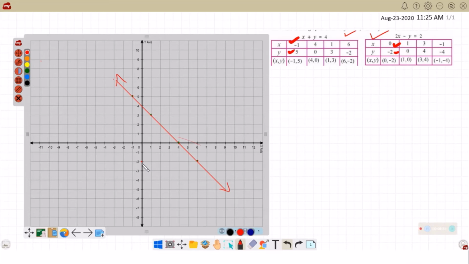1 on x and 0 on y. 1 on x here and 0 on y, so it will sit right there. Then 3 on x and 4 on y, so it will go here, and -1 on x went here, and -4 on y. Okay, we will mark here. Sorry, it shifted a little, it will cause a problem later.